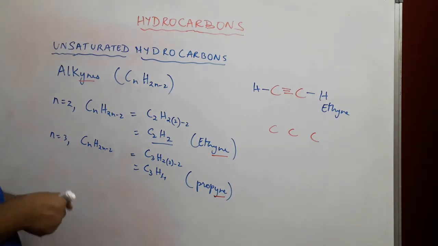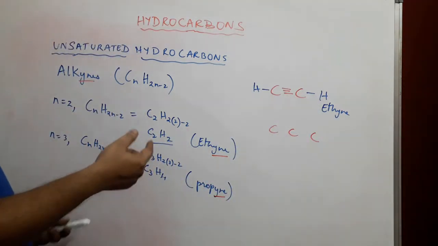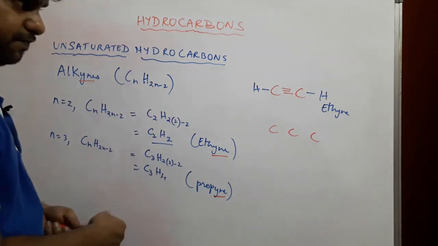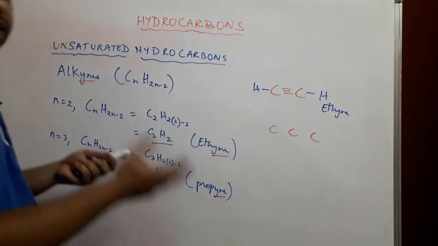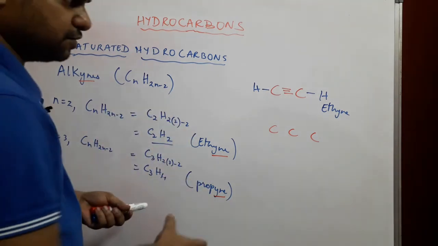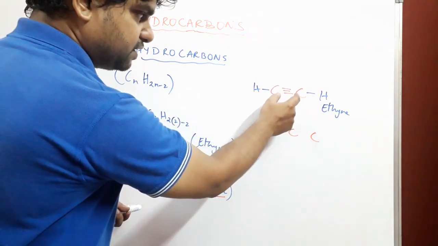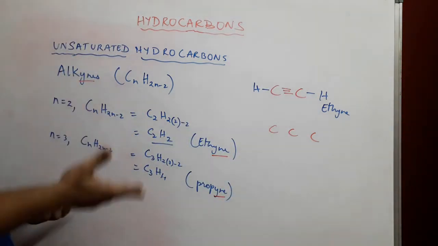So how do we use meth, eth, prop? We'll learn about their word roots in another video, where we'll also learn how to use them with a suffix, and if there is a prefix, how to use them with a prefix, and about the functional groups. So these are functional groups. They depend on whether they have a single bond, double bond, or triple bond. We'll look at that in another video.